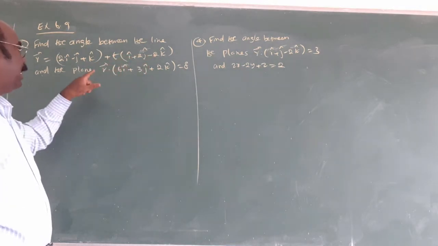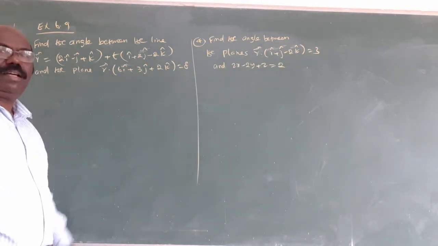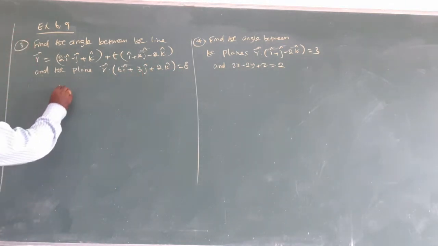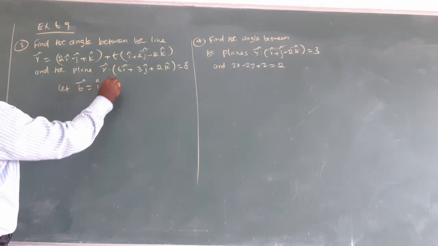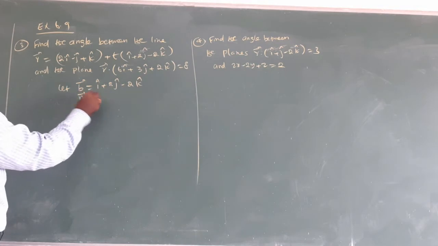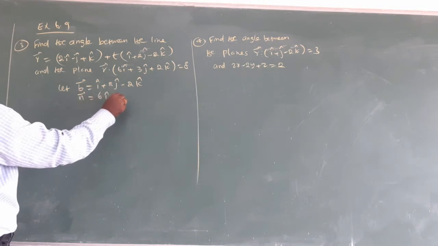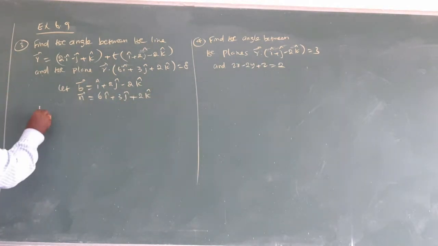The plane is of the form R dot N is equal to Q. It is this one. Am I right? Therefore, you will assume B vector equal to i cap plus 2j cap minus 2k cap. The N vector equal to what? 6i cap plus 3j cap plus 2k cap. Therefore, the angle between